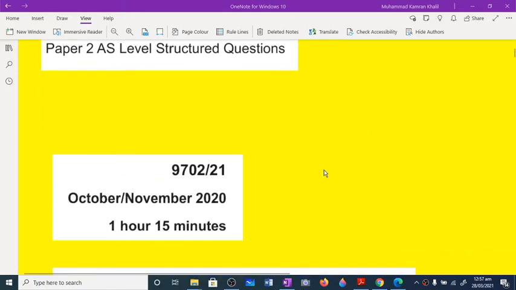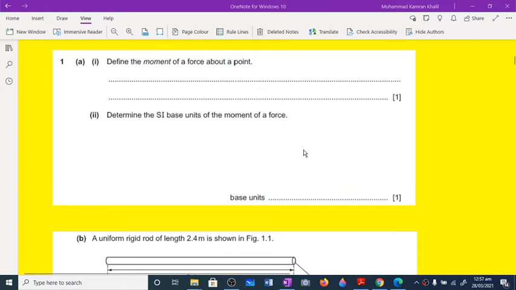This paper is A-level physics 9702-1 October November 2020. Question number 1 is: define the moment of a force about a point. A very simple definition, but the exact definition is required: it is the product of force and perpendicular distance. Do not forget to represent the perpendicular